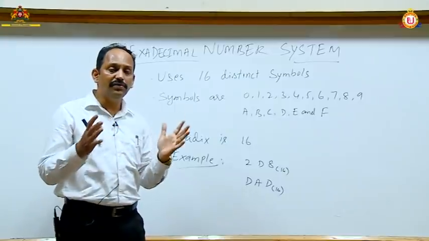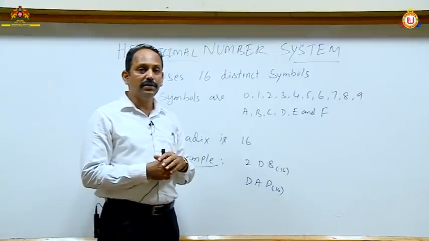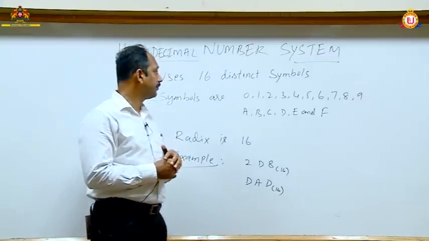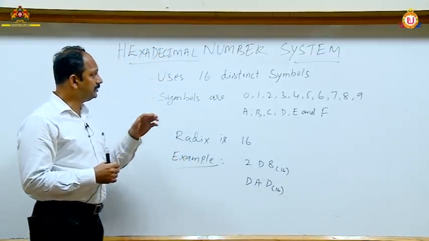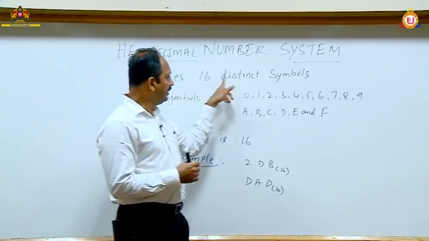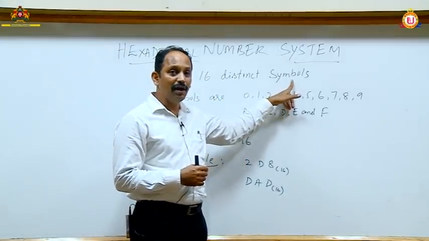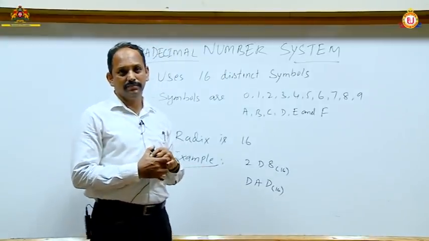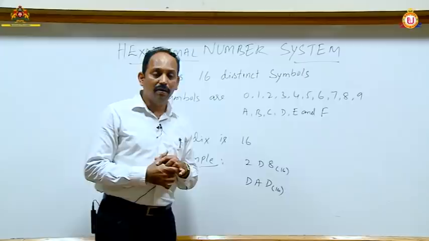So very large values are represented using the hexadecimal number system in computers. The hexadecimal number system uses 16 distinct symbols to represent the value. It is a 16 symbol number system. Hexa means